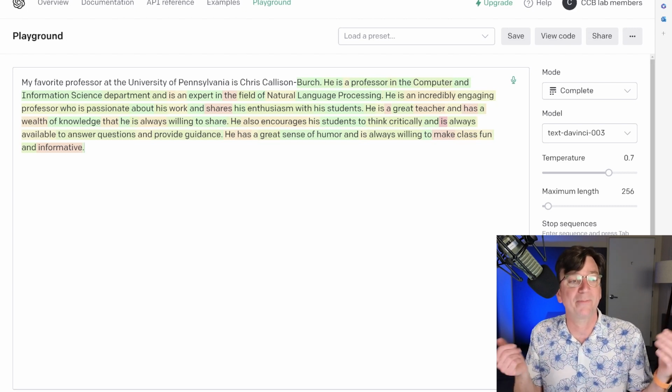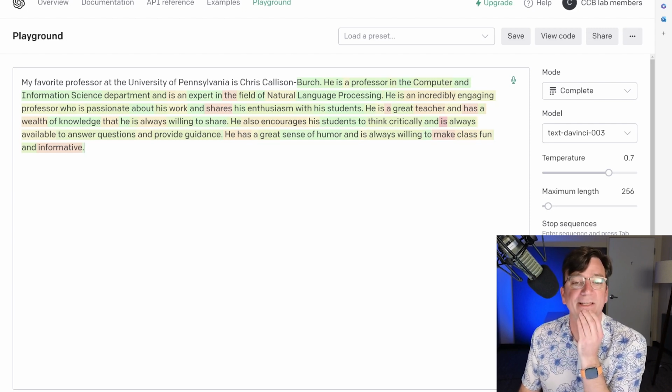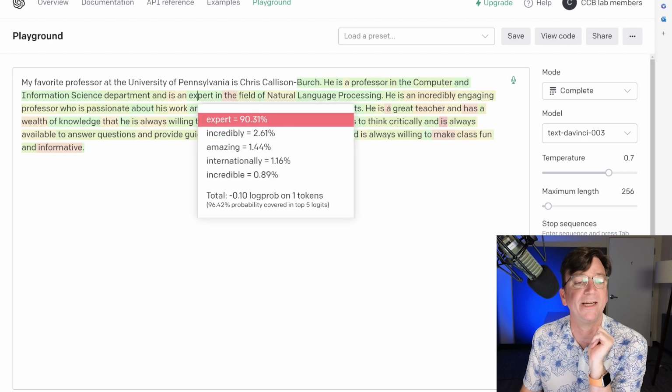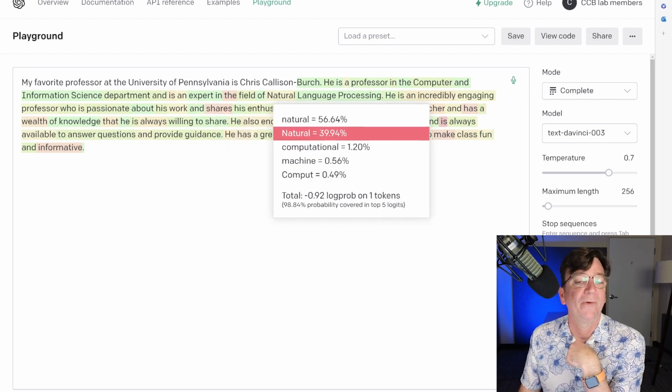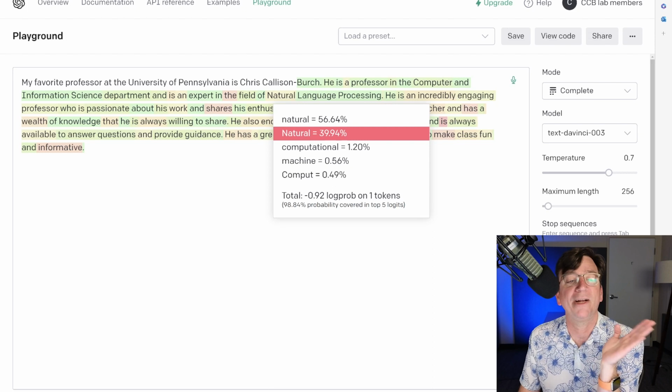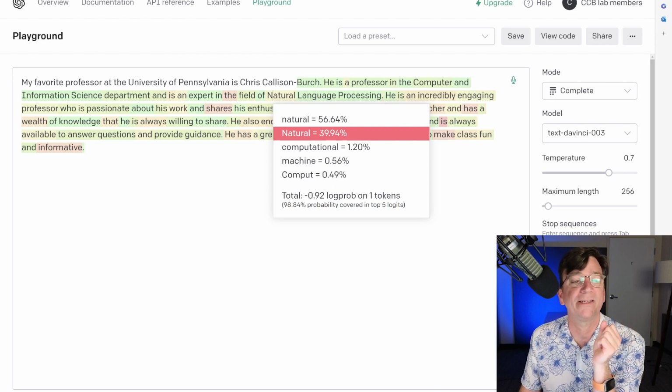So I said, my favorite professor. And then the interesting thing is it's trying to generate each word according to a probability distribution. So for those of you watching online, if I mouse over one of these words, I can see what probability it's assigned to it. So let's say we want to look at what I'm an expert in. So in part of the description that it's output, it says he's an expert in the field of, and then